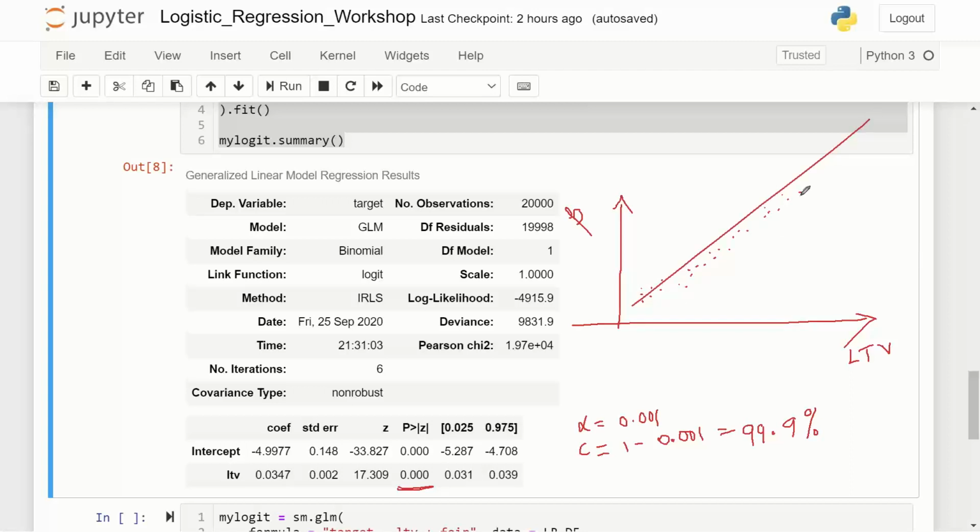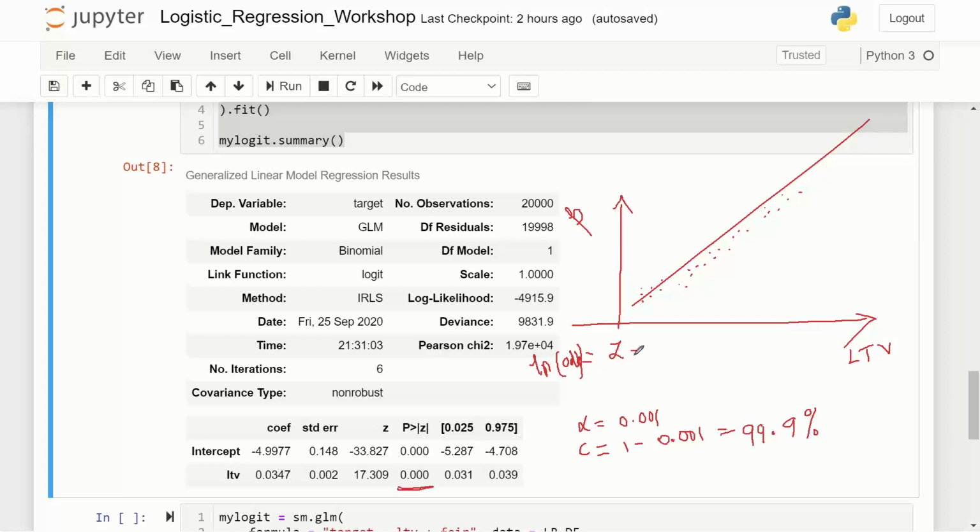Do you agree? Aniruddha, do you agree? If I make a plot of LTV versus probability of default, I should get an upward moving graph. This is because this is what our hypothesis is, right? If the graph is upward moving, can I say the correlation between LTV and probability of default should be a positive correlation? So I can also say, in that case, the equation, where z is nothing but the log of odds,